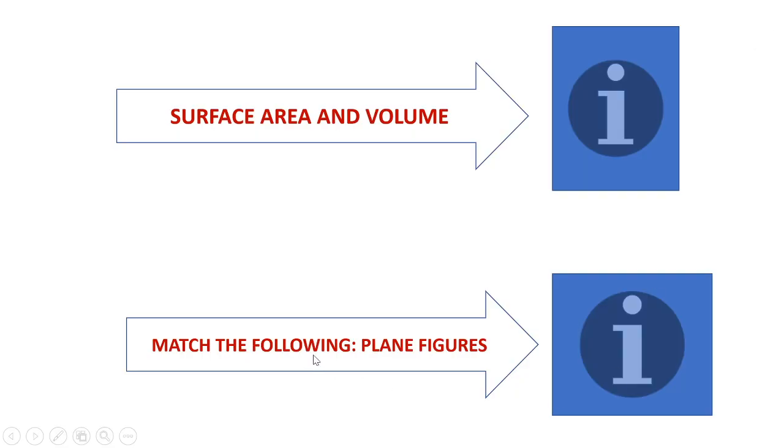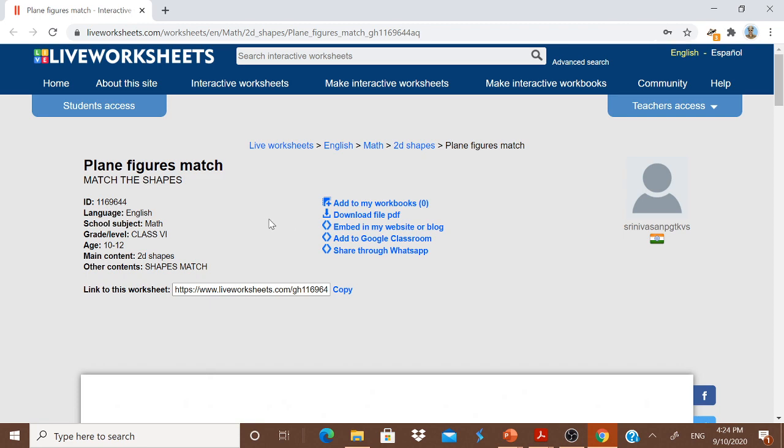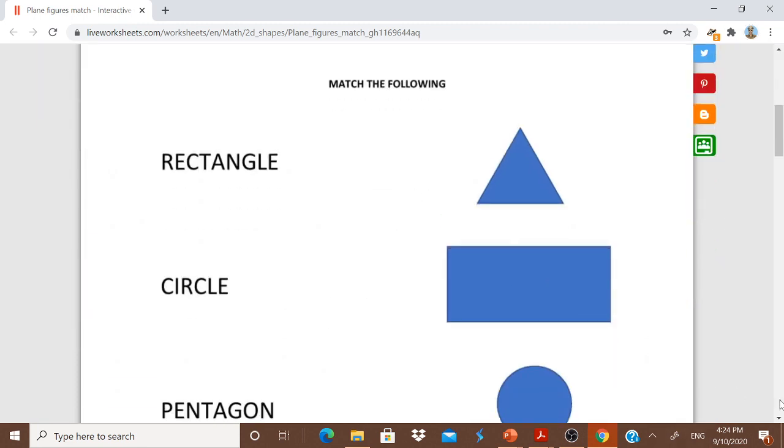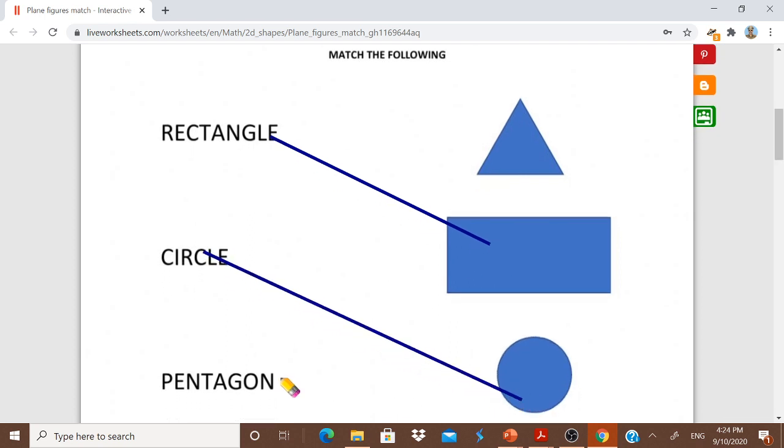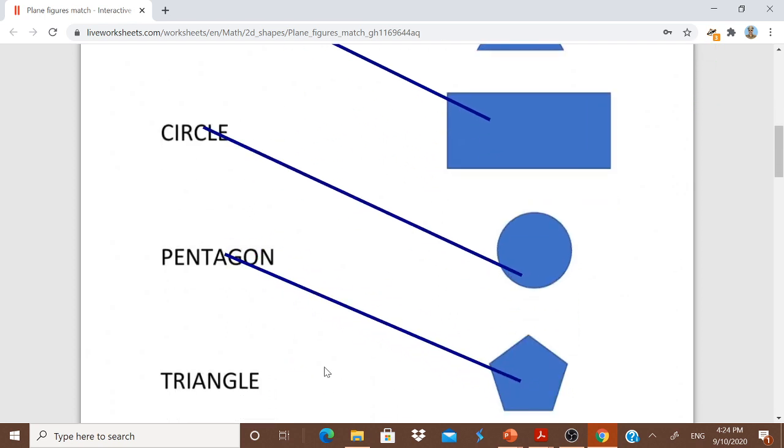Once again, the match the following you have seen. You are asking the children to draw some lines using their scale or their pen. Let us see now how it has been made interactive by me. This is the live worksheet which is online now. You see, now it is there. Now I have to connect this rectangle with this rectangle. Normally how will you do it? You need a pencil. Oh, the pencil has come. Rectangle to rectangle. Circle to circle. Pentagon to pentagon. Then triangle to triangle.